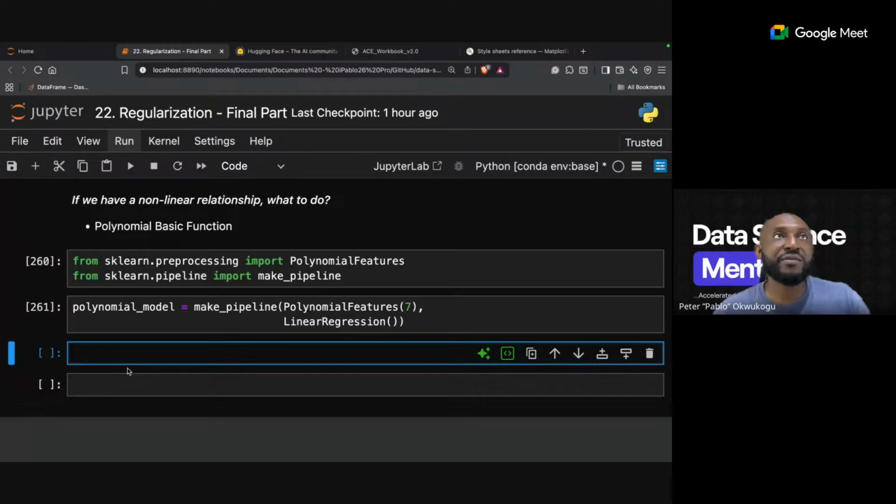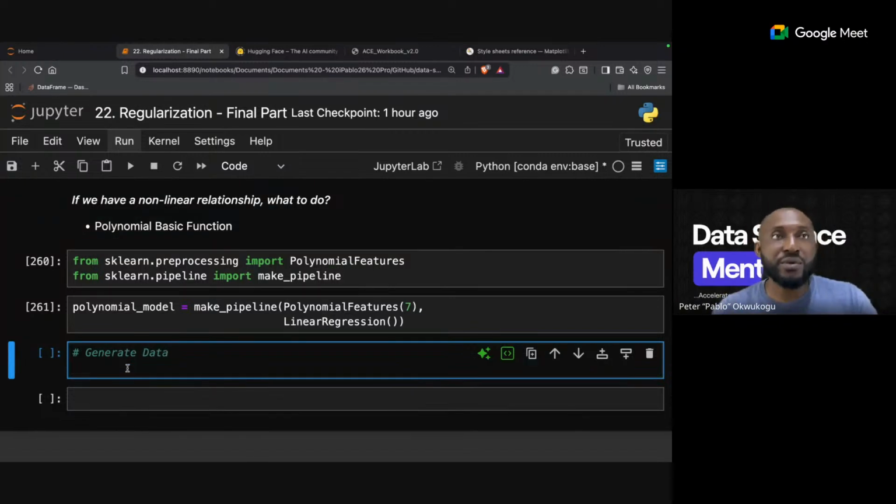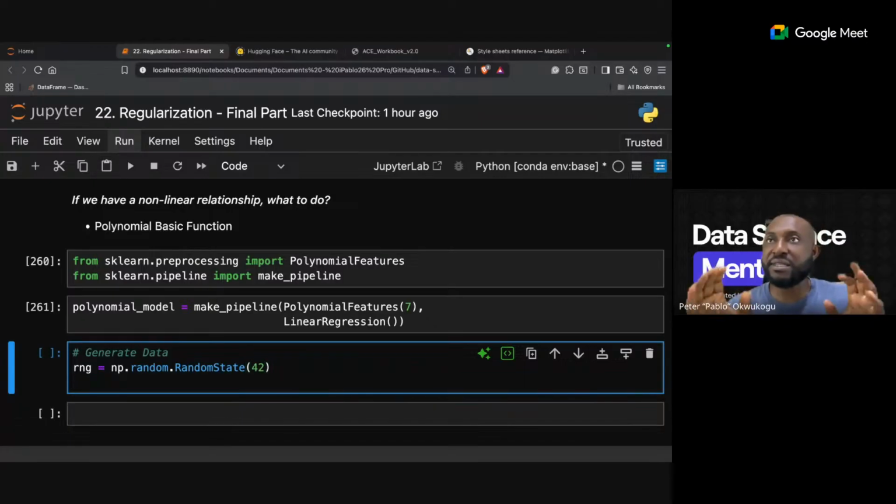So again, I'll generate the data just like I did initially. RNG to our rescue. I'll say RNG equals np.random.RandomState, and let's still use 42 to maintain reproducibility.